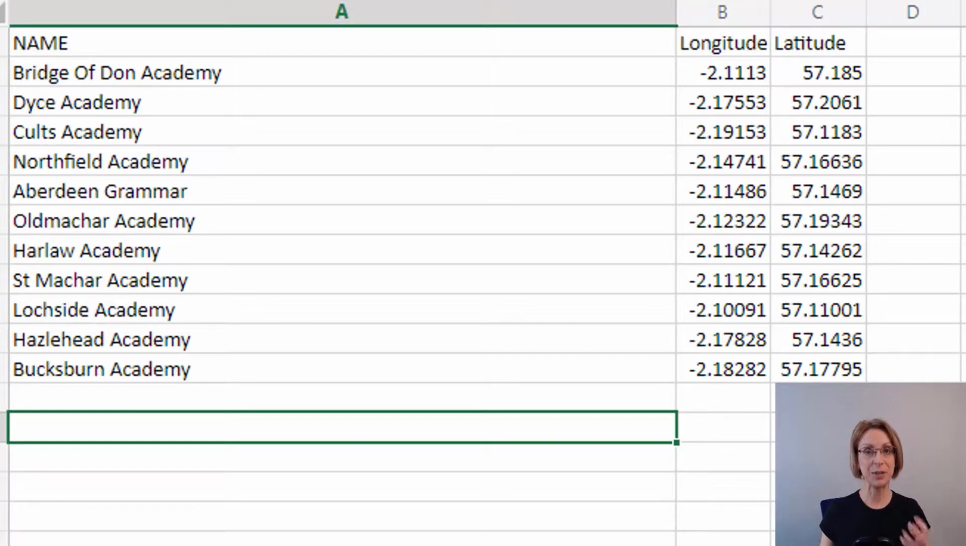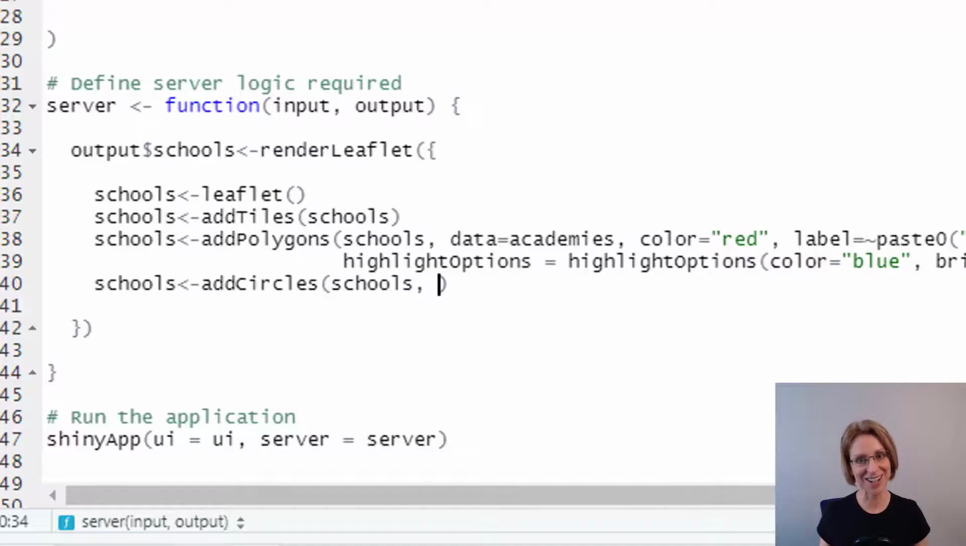So just to go back briefly and remind you of the setup of the Excel spreadsheet. We've got the longitude in a column called longitude. We've got the latitude in a column called latitude. And we've got the name of the school in a column called name. So back in our RShiny app,